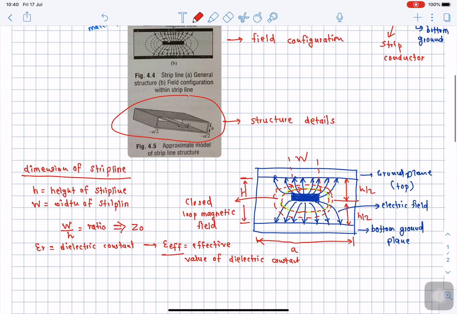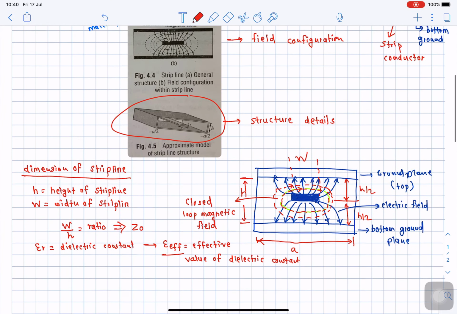Now one more important thing over here: if I ask you the question, how many different types of conductors are involved in the construction of the strip line? The answer is, actually there are three different conductors. The top ground plane, the bottom ground plane, and the actual strip line which is positioned at the center. So this entire transmission line is a multi-conductor system. The top ground plane and the bottom ground plane are one and the same, because both are acting as a ground. So even if we have three separate conductors, this entire transmission line is acting as a two-wire conductor system.